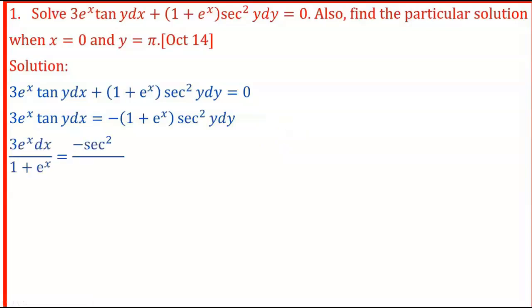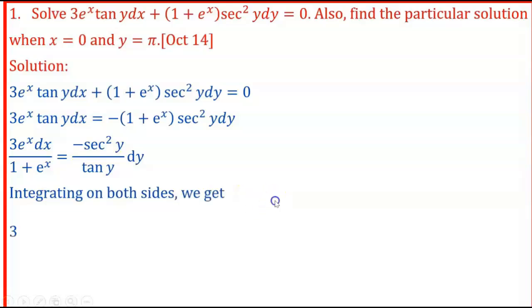Then we take tan y to the right hand side and 1 plus e raised to x to the left hand side. Therefore, our equation will become 3 e raised to x dx upon 1 plus e raised to x is equals to minus sec square y upon tan y into dy. Integrating both sides, we get here